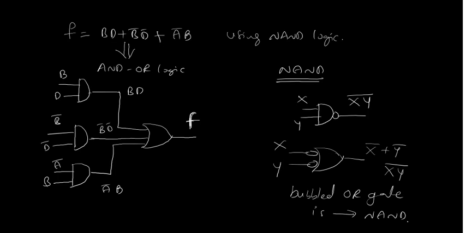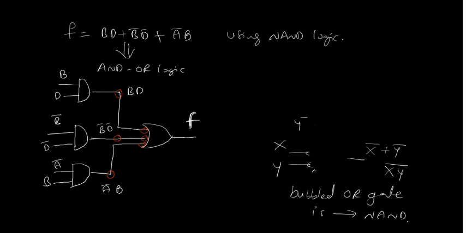But for this OR gate, there is no bubble, right, at input. If I want to add bubble here, to compensate this bubble, you can add one more bubble here. Anywhere you can add. Bubble is nothing but your NOT gate only, don't confuse. If I am representing like this, this is nothing but your NOT gate. Okay. So now you take this bubble to the output of this AND gate. Then let me redraw so that you can understand easily.